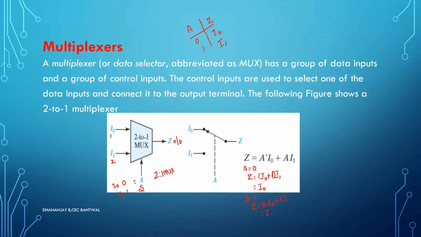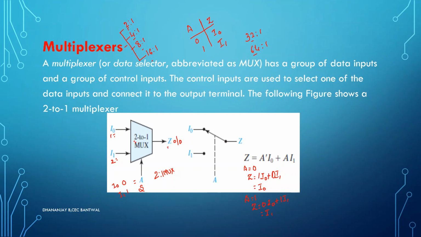These multiplexers are further categorized into various ones. First is the 2:1 mux, second is 4:1, third is 8:1 mux, 16:1 mux, or you can also take 32:1 mux, or 64:1 mux. Based on data inputs, all of these are available. The first number, that is 2, 4, 8, 16, 32 and 64, corresponds to the data inputs. I called it a 2:1 mux; this number 2 is your data inputs and 1 is your output.